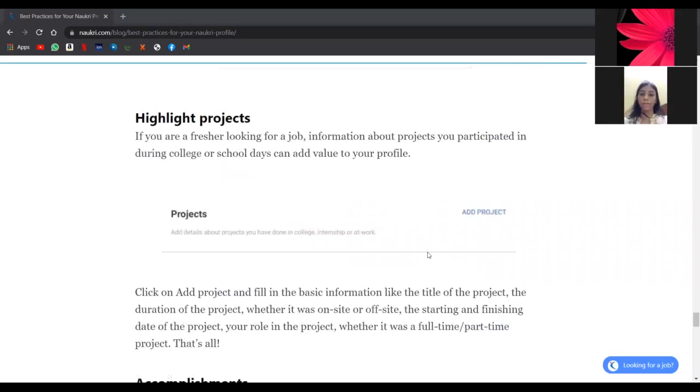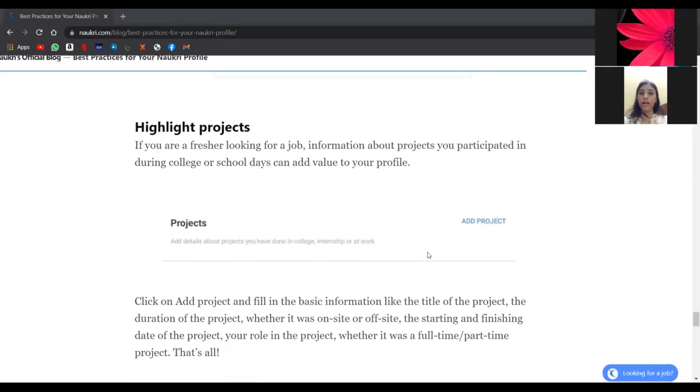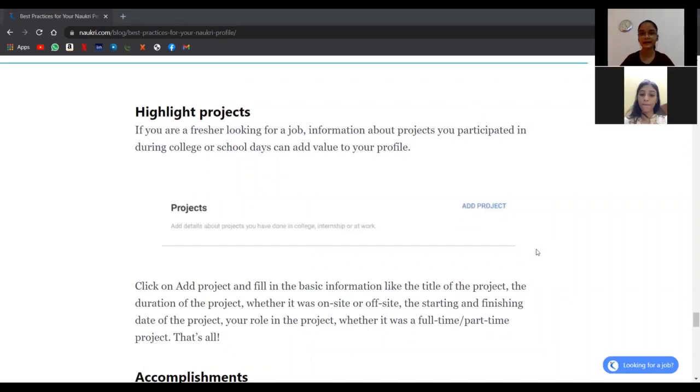Okay, so well, is it also necessary to add highlight projects? Yeah, it is quite necessary to highlight projects because it denotes who you are, your capabilities, and your achievements. So you just need to highlight projects. It means in case you have done projects, it might be in the form of internships, or in the form of giving presentations as well. You can fill up this option because it denotes your capability and potential for working in that company or organization which you have opted for. So this is about the highlight projects, Pooja.